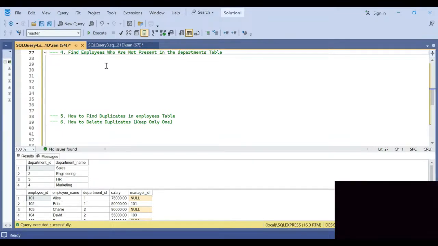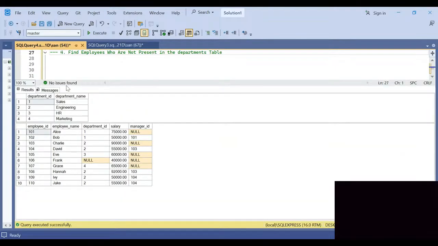So the question is asking to find the employees who are not present in the department table. So basically it's asking for the rows from the employees table whose department ID is not matching with the department ID in the department table. So for that, we're going to write